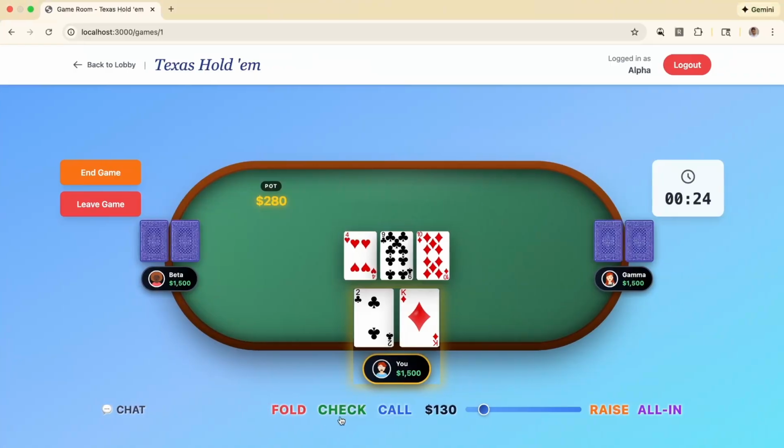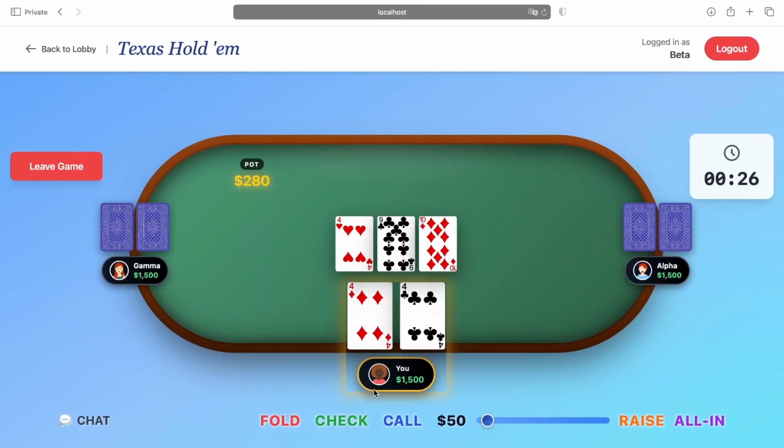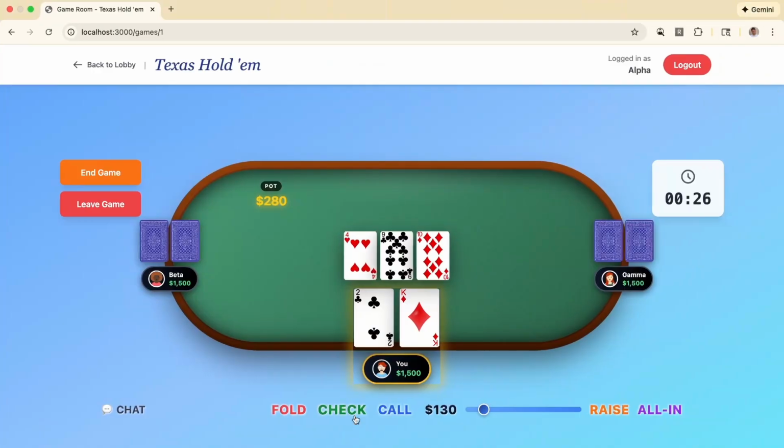So now it's alpha's turn. Alpha can either choose to check, call, or fold. I'll do check this time. So alpha is checking. It's now the turn of beta to decide what he wants to do. If I check again, this is an error that sometimes comes when there are too many calls at a quick interval, but it should work. Yeah, and again, if I do a check over here,